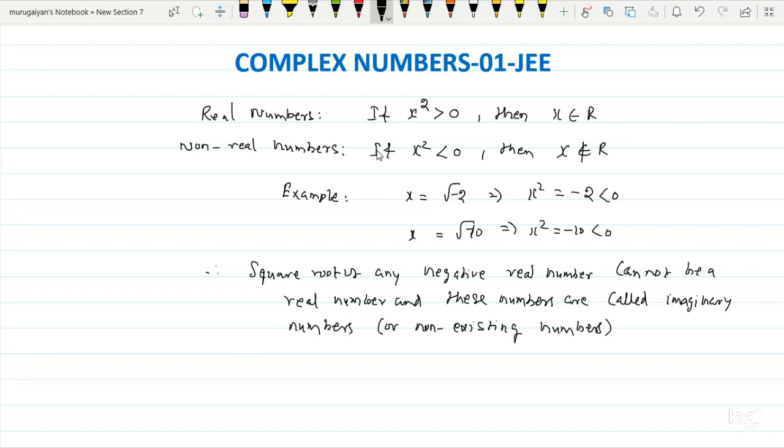What is the basic unit of non-existing numbers? The basic or fundamental unit of imaginary number or non-existing number